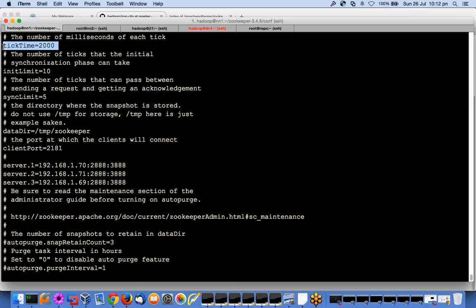The tick time is how frequently it will do the synchronization. It's in milliseconds, kind of a timeout, right? So the main thing is where it should keep the data dir, I'm saying /tmp/zookeeper, where it will keep